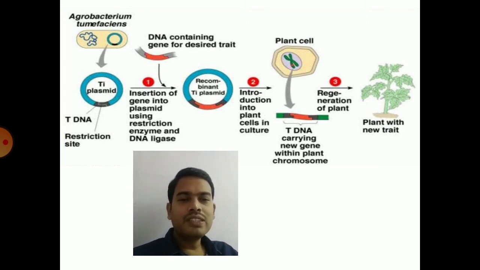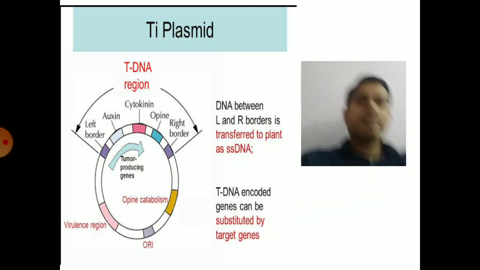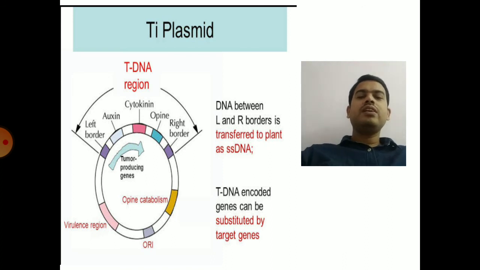That is how you insert your foreign DNA, that means Bt genes, into the Ti plasmid of Agrobacterium tumefaciens and allow it to infect the plant cells, where the expression of Bt genes, that means cry genes, is seen, and Bt toxin is produced in every part of the plant. So that is the role of the Agrobacterium tumefaciens Ti plasmid. This is an expression vector. The Ti plasmid is an expression vector.